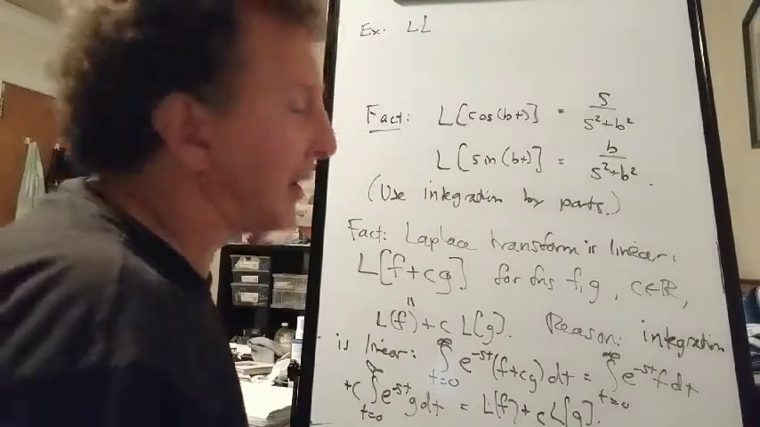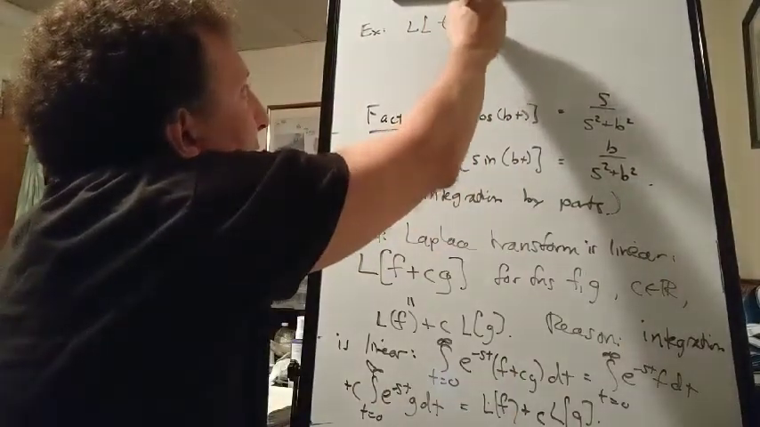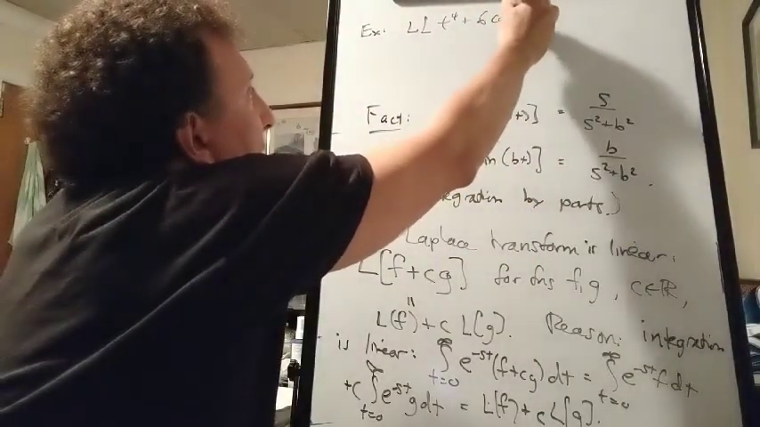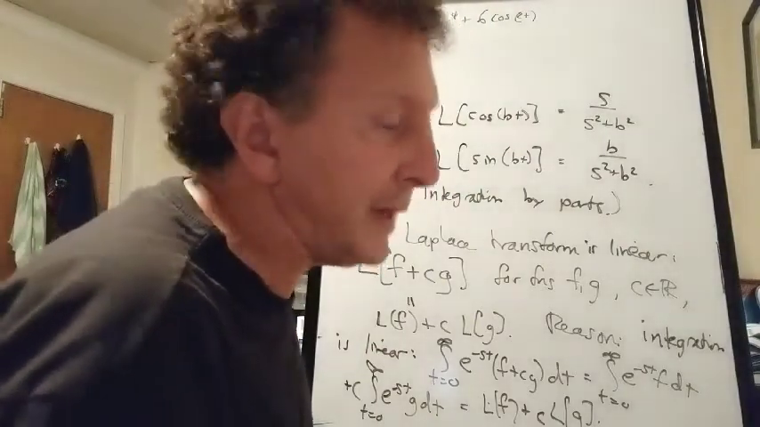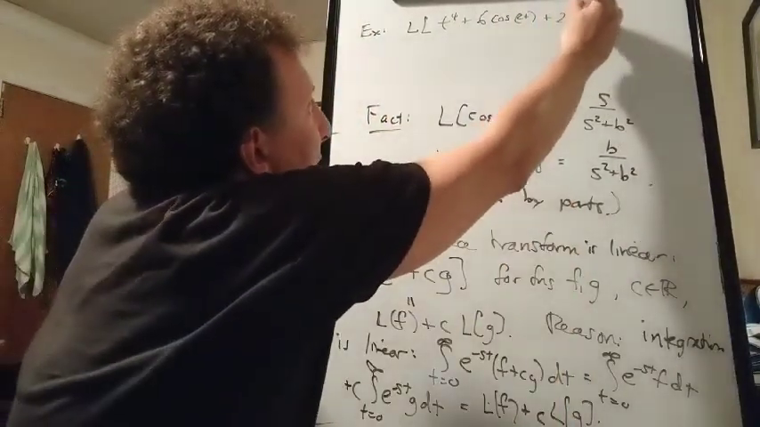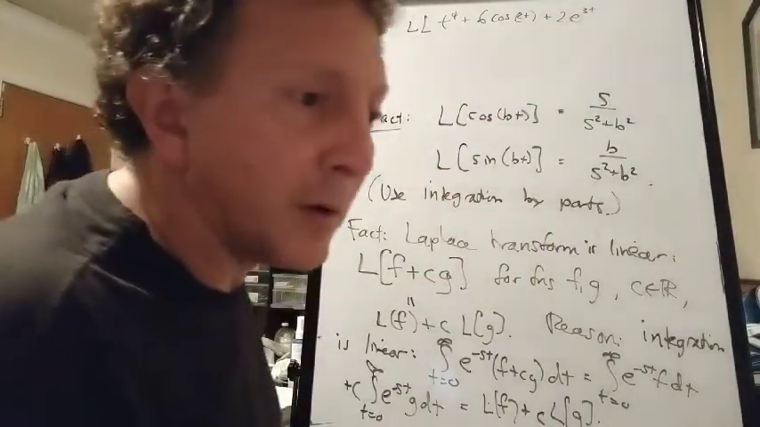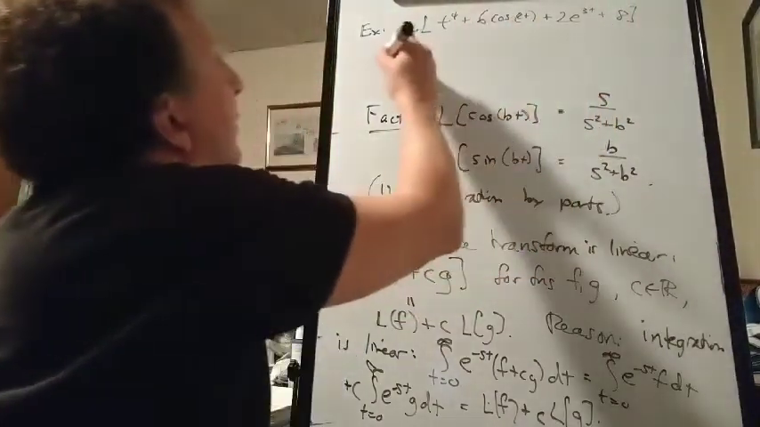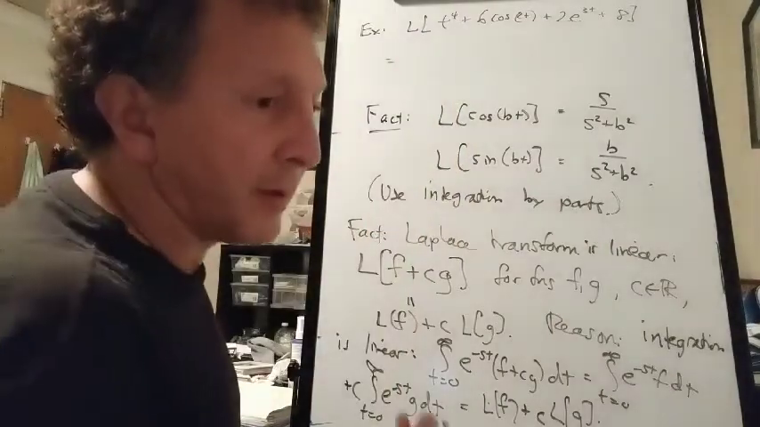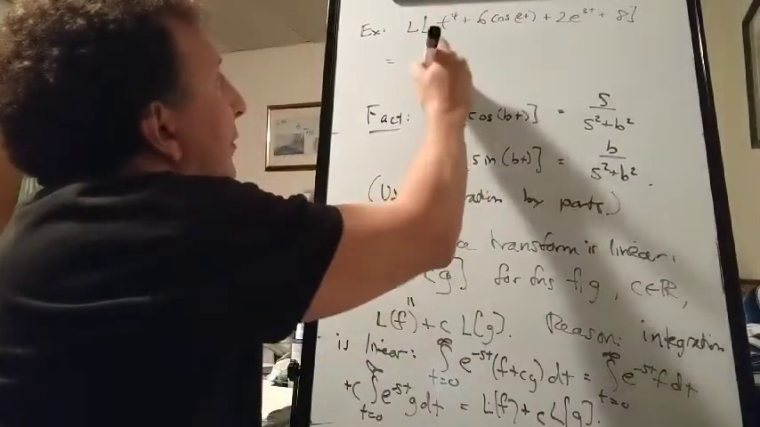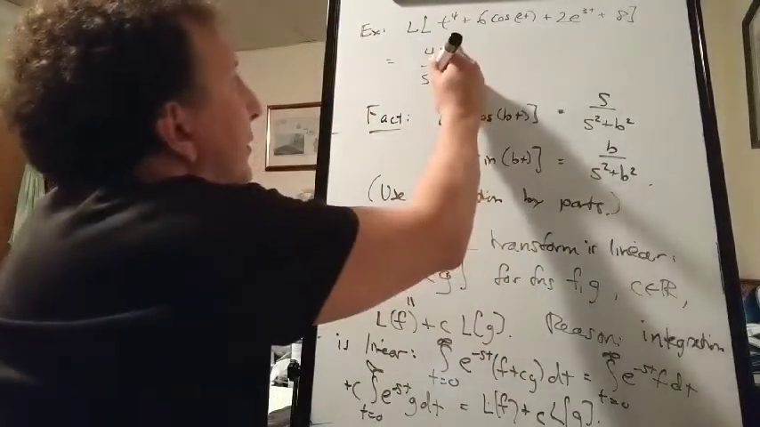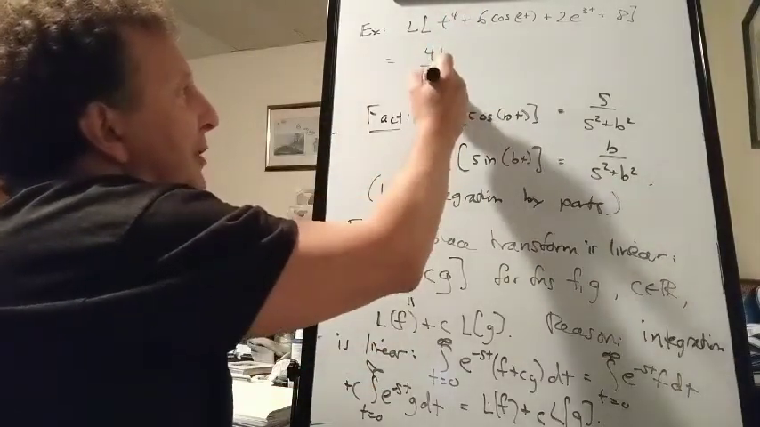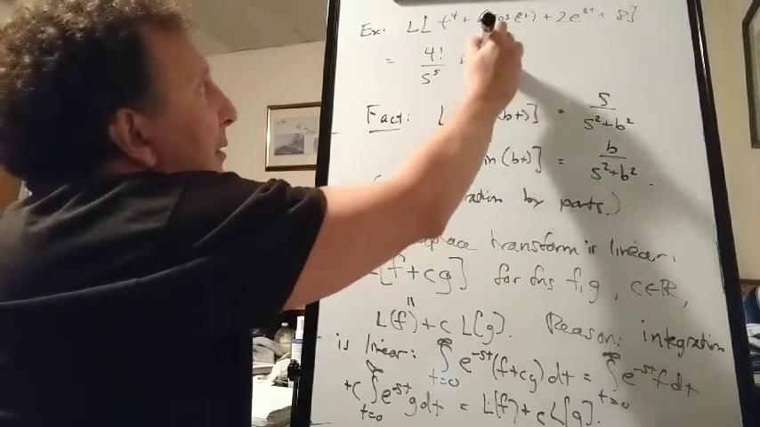So for example, if we want to take the Laplace transform of t to the fourth plus 6 cosine 2t plus 2e to the 3t plus 8, then we get 4 factorial over s to the fifth, because the Laplace transform of t to a power is that power factorial over s to 1 greater power,